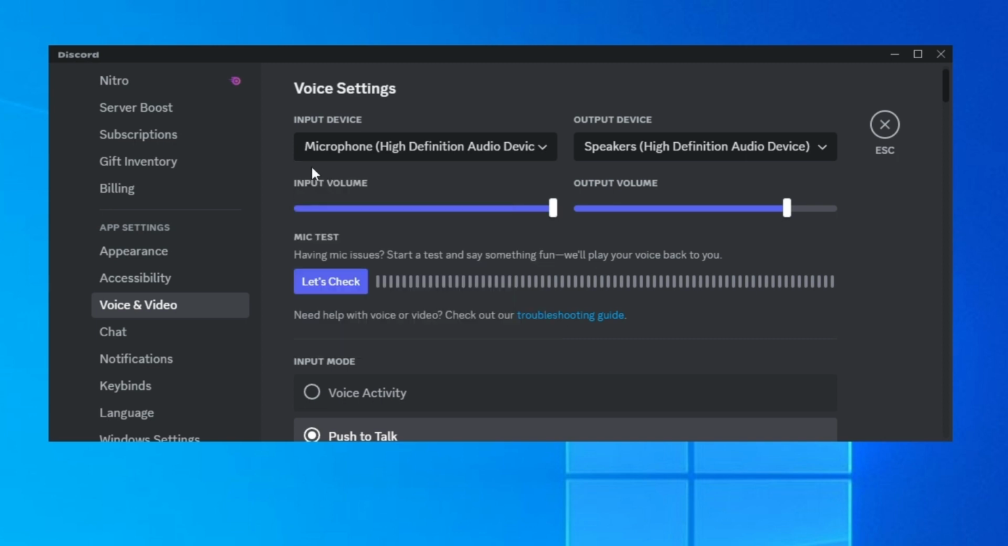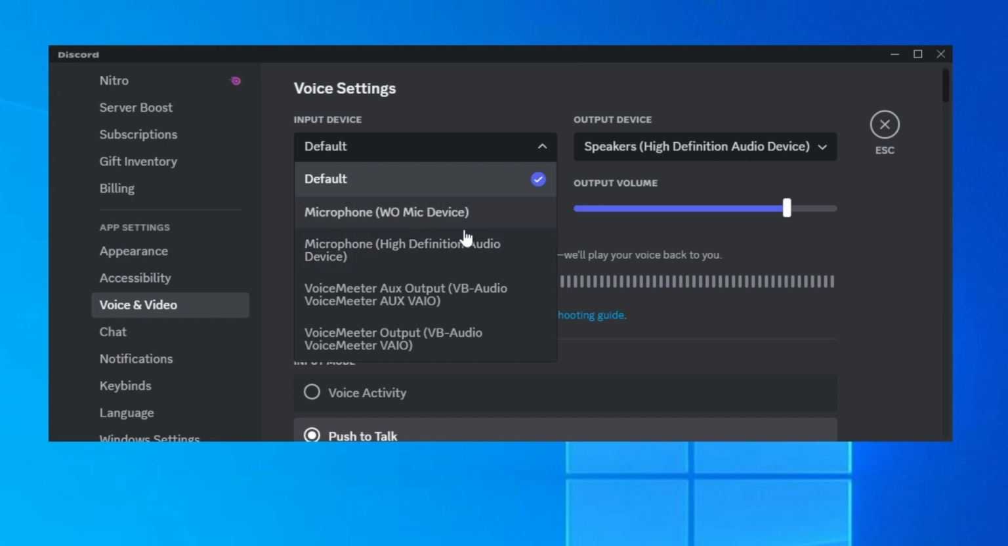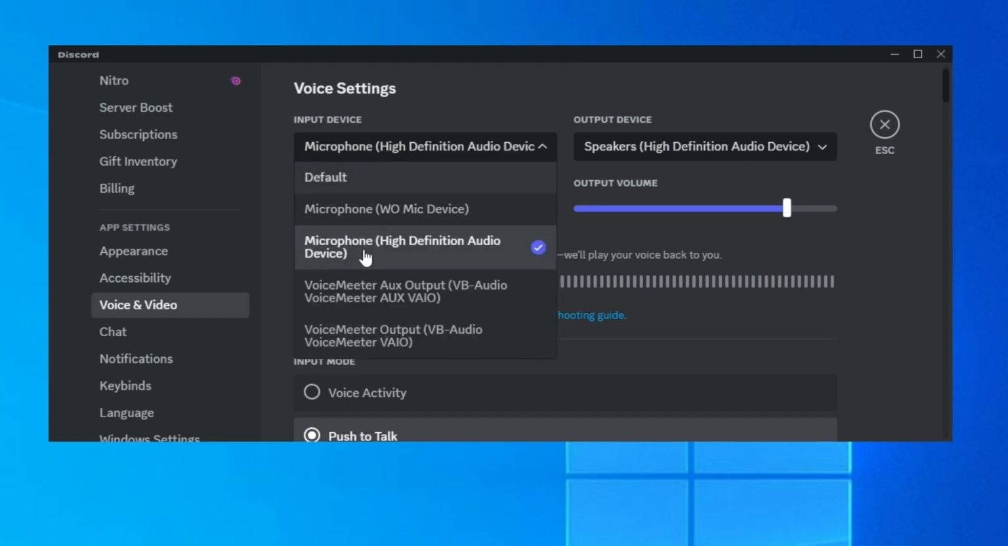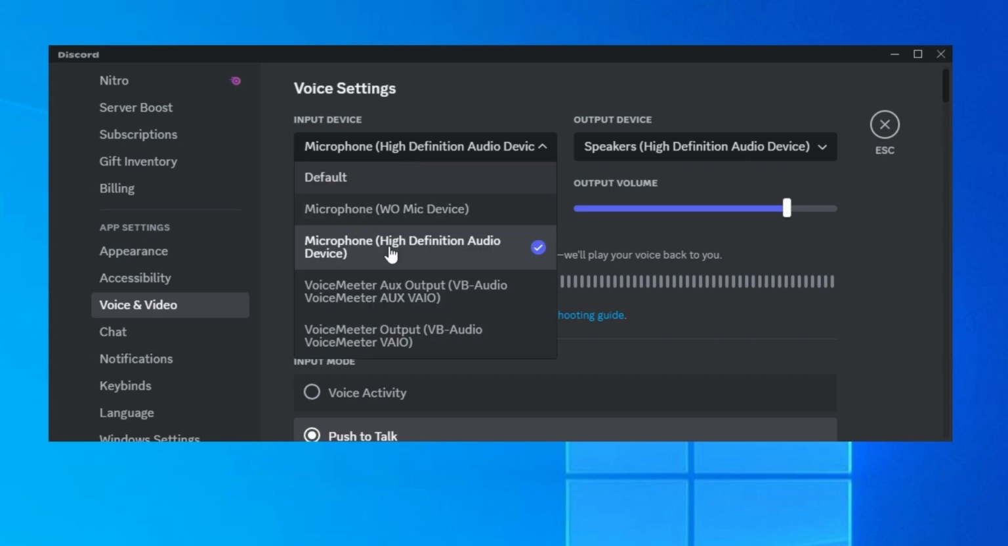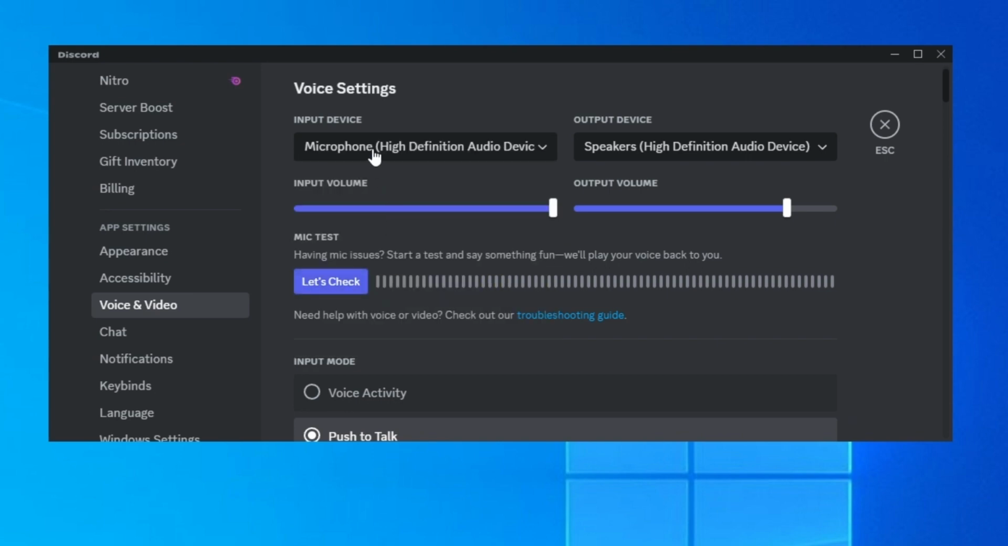And here's the most important one. If it's on default like this, make sure you put it on your microphone that you're using, and you have to check which one is it. So just click here and check and see which one is the microphone that you use,